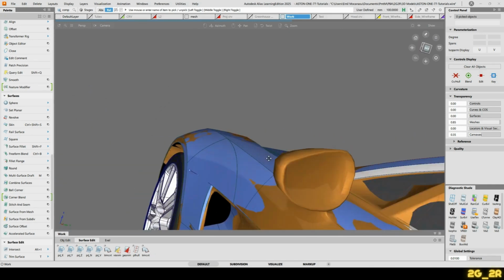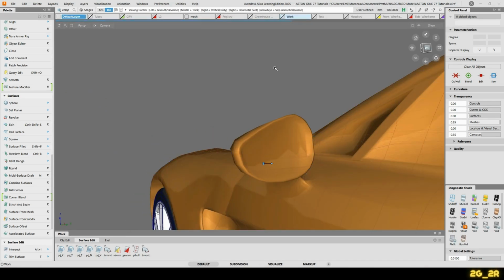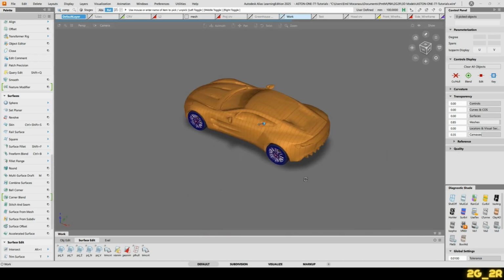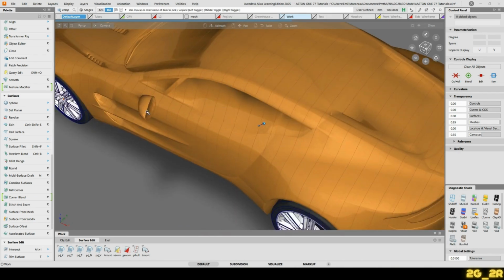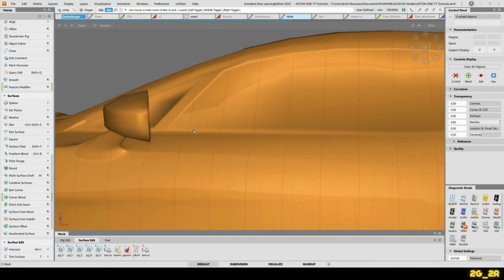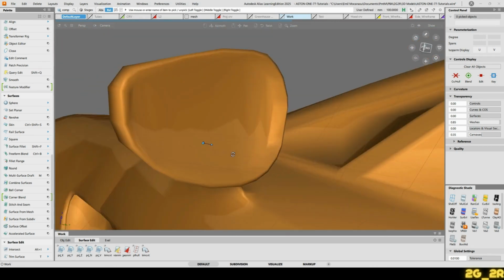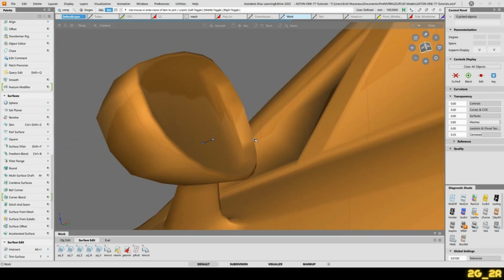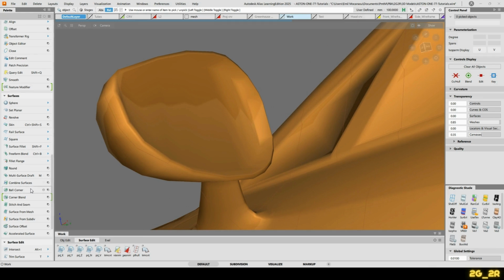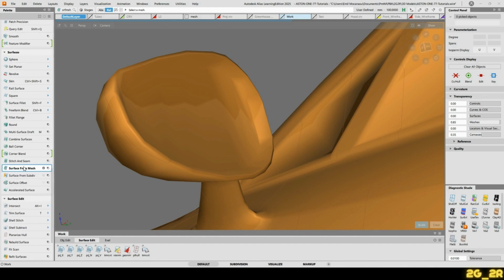The first thing that I'll need here is I'm going to hide away all the work that I've done so far, because I don't need that. Today is going to be about the mirror. And for that, I need a plane here and I need some curves. One simple tool to get planes in here would be Surface from Mesh. And you can find that under Surfaces. You click on that, you pick your mesh,